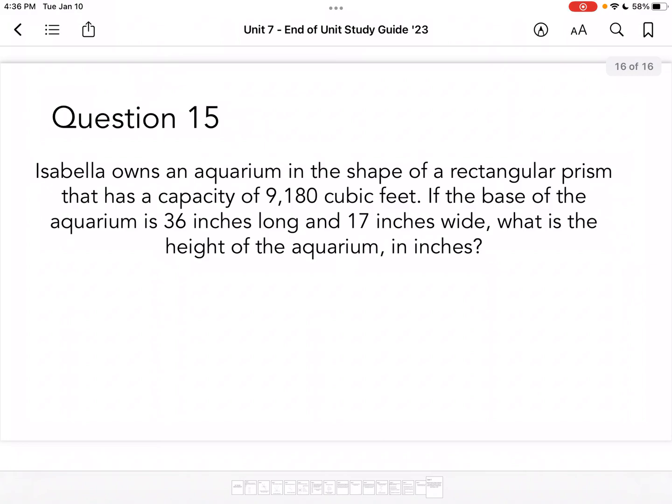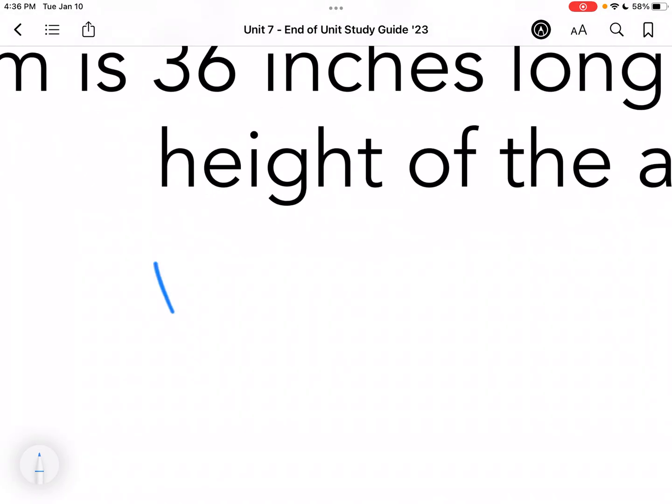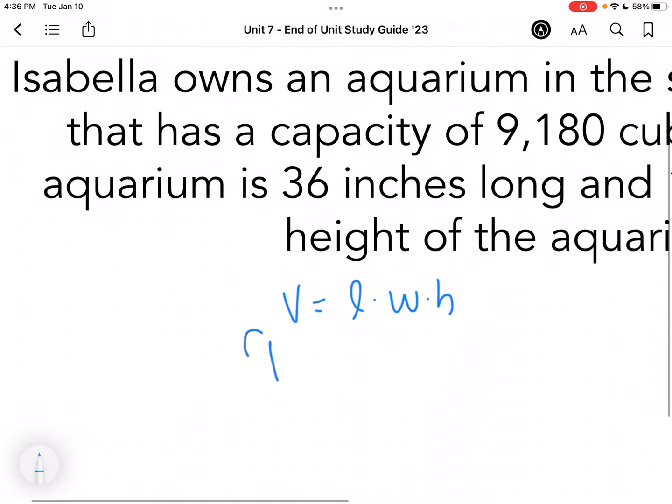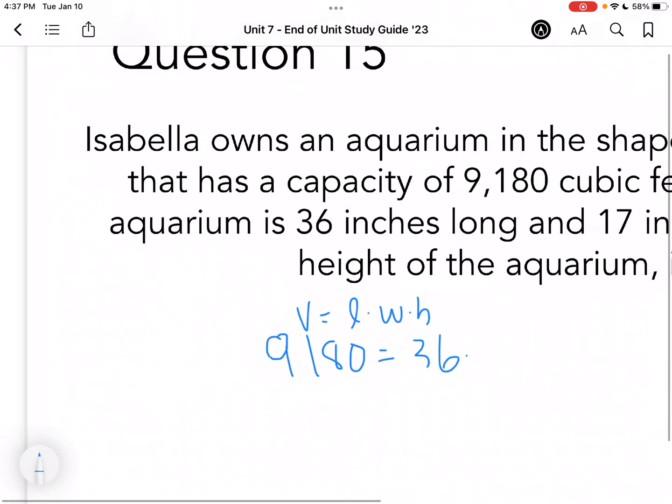All right, last one. Isabella owns an aquarium in the shape of a rectangular prism. The capacity is 9,180 cubic inches. The base is 36 inches long and 17 inches wide. What is the height of the aquarium? So I know I have volume equals length times width times height because it's a rectangular prism. I know 9,180 equals 36 times